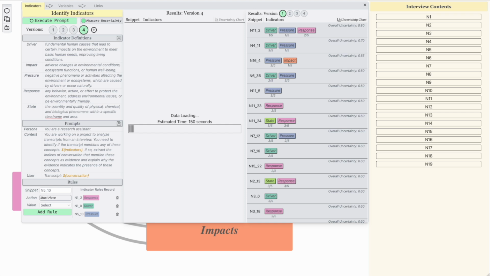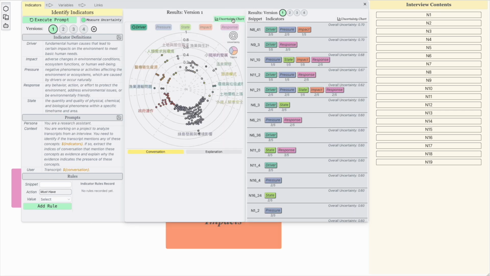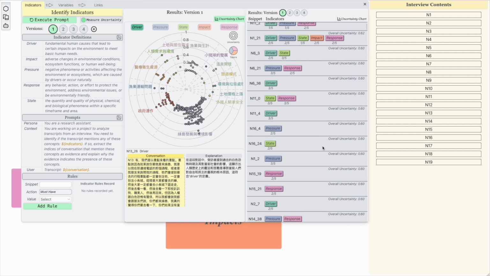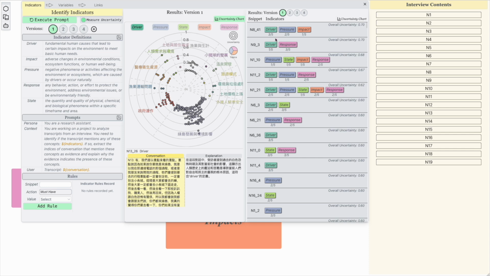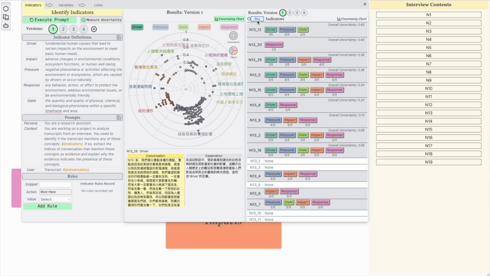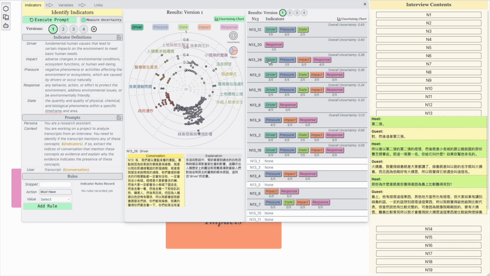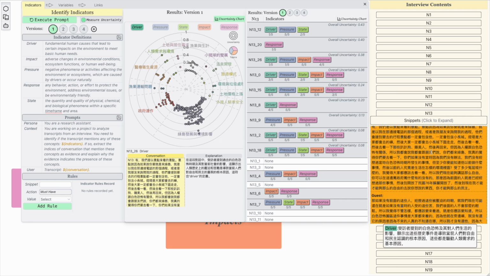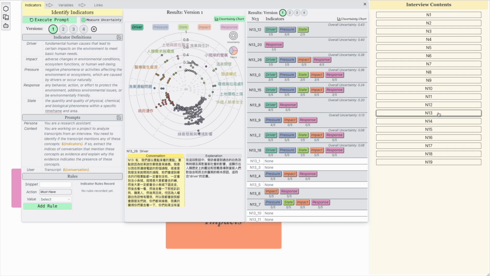In addition to a simple list view, he can use the uncertainty chart to inspect the uncertainties and topics at a glance. He can also use the side panel to compare the results side by side. For example, during indicator identification, he finds an outlier snippet in the drivers that has high uncertainty. He inspects the snippet and finds that the interviewee is talking about a historical event that causes the residents to value culture security. He believes that this is something that is often overlooked in the literature and adds cultural security